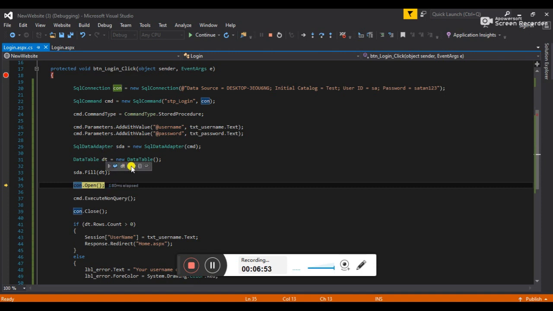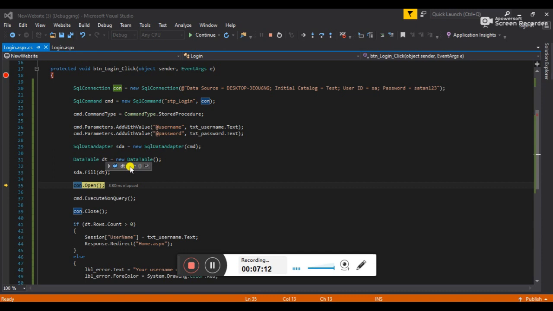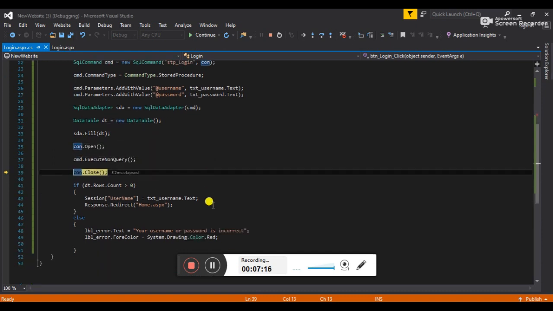See, I will go to the data table and click on this magnifying glass icon. See, the data doesn't exist, because the username and password don't exist with such a name, in such a row. So it's blank. Now the connection is opened, the query executed, the connection closed.